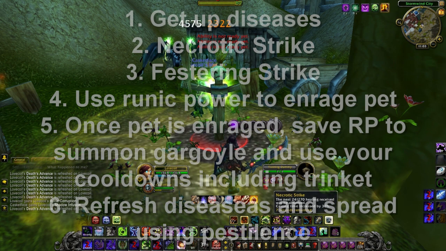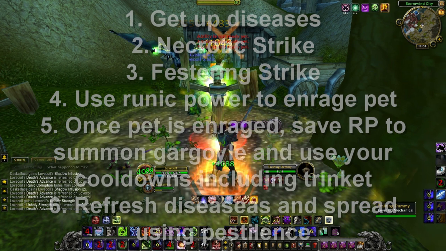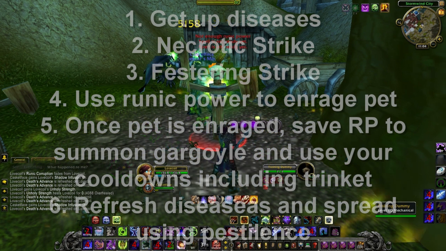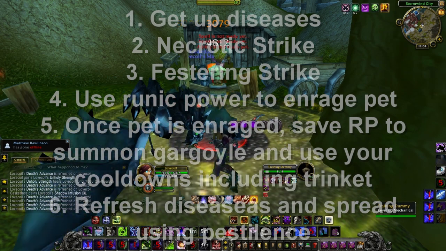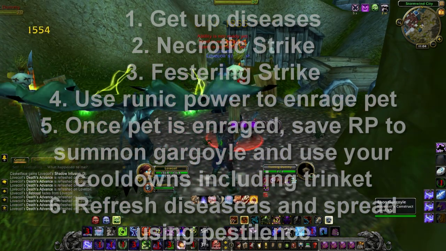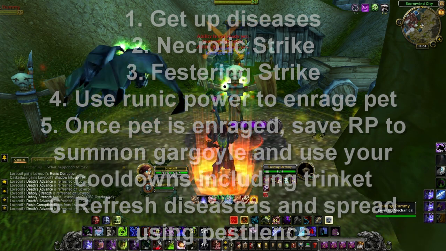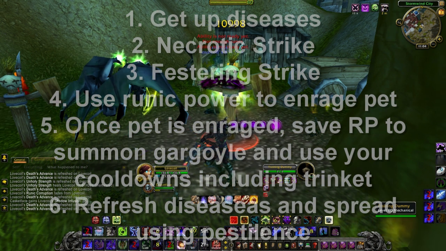Look at that, I just got so much necrotic off, 240,000. That's probably built up a bit, but that would have been at least 60,000 necrotic damage. That's really insane. You keep your pet on by pressing T. See, my gargoyle went to attack the other one. I press T, and he's back on my target. So I'll add that onto the end of the macro. But that's pretty much the unholy